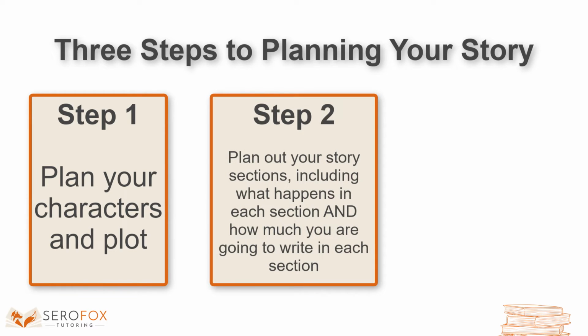Step 2 is planning out your paragraphs or sections in your story. Think about it as scenes in a movie. How many paragraphs or sections will you have? What will happen in each section of your story? How many paragraphs for this section, then the next section, and so on. This will help you map out your story, cut out any unnecessary parts, tells you which part of your story goes where, and will also help you visualize how long it's going to take to write your story. Remember that we're still planning, so we can restructure and add or subtract to our story accordingly.